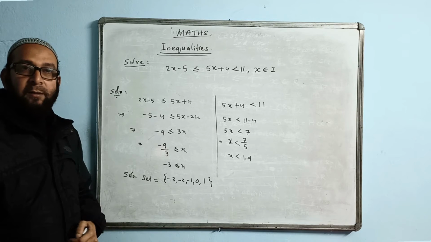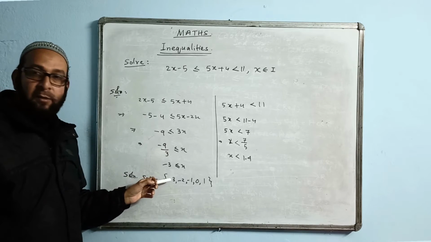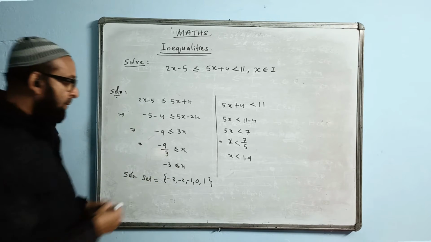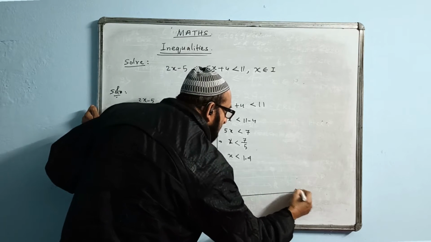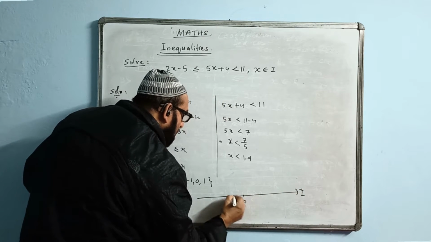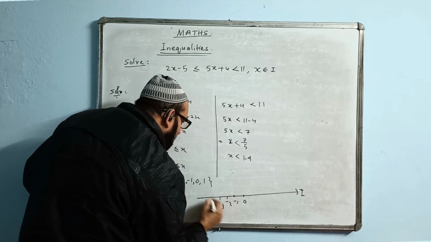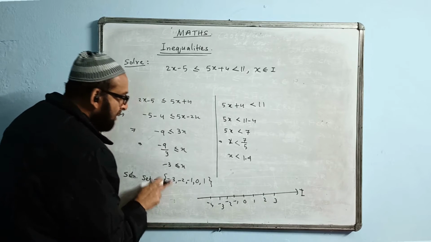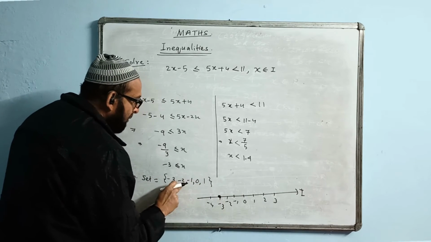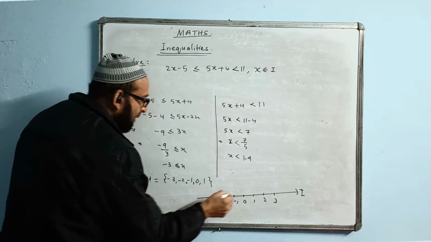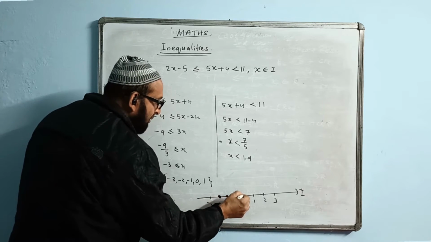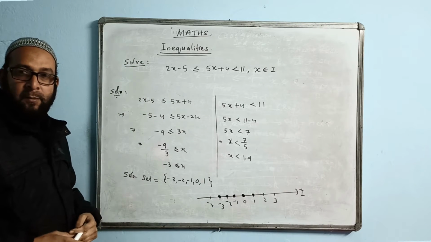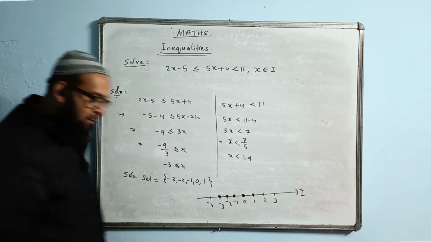I know how to draw the number lines. We draw the number line and we mark these numbers only as the answer, specific answers. Then we draw the line like this: here 0, here minus 1, minus 2, minus 3, and then 1, 2, 3. Minus 3 is a specific answer, we show it. Minus 2 is a specific answer, show. Minus 1 is a specific answer, show. 0 is a specific answer, 1 is a specific answer. That's it. Hope you understood it. Simple.